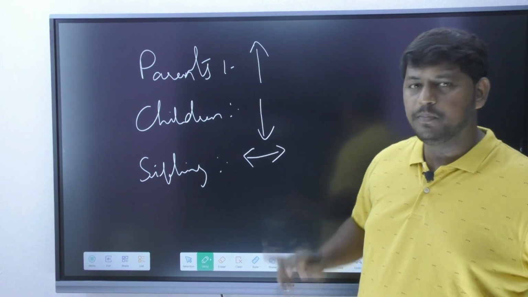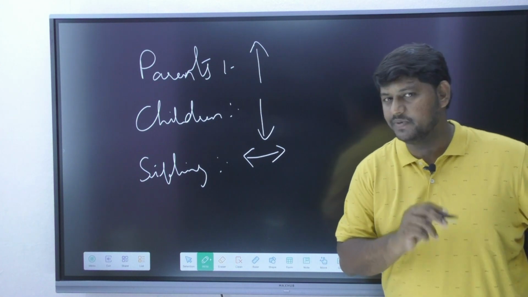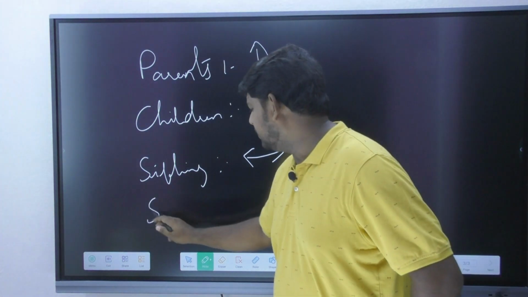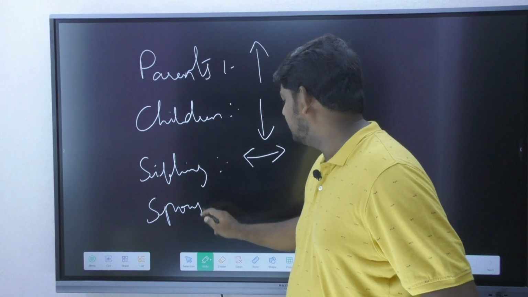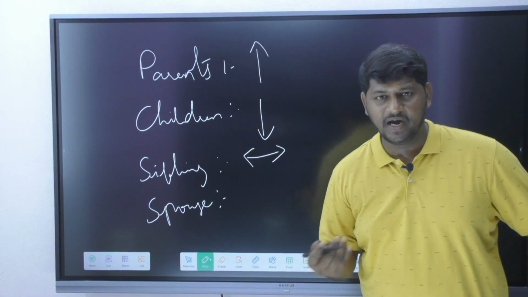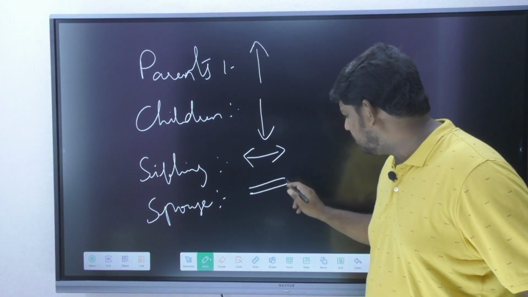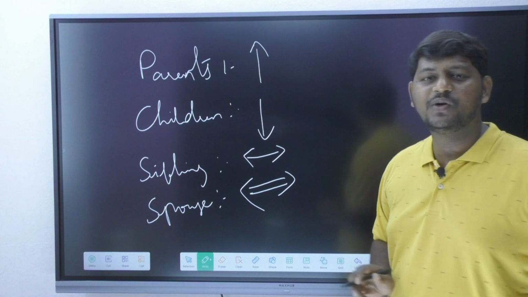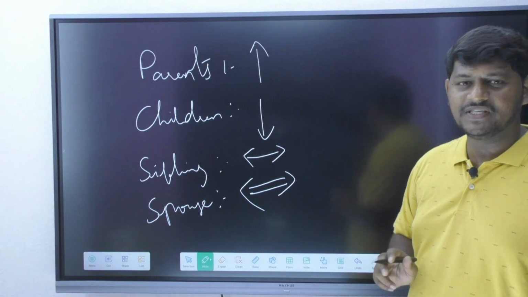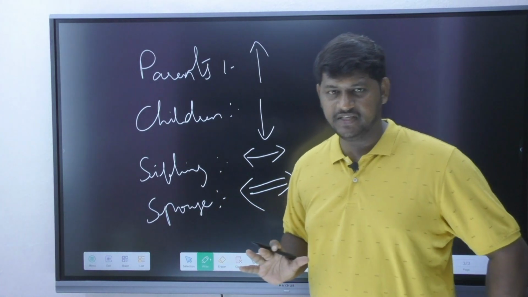And the most important category, the most dangerous person, the most powerful person on this planet is your spouse. Whether you give it or not in your personal life, I don't mind, I don't care, but when it comes to the subject, it is better you always give them an equal to symbol. Equal to symbol always represents what? Your spouse. Again, we are not defining the gender.